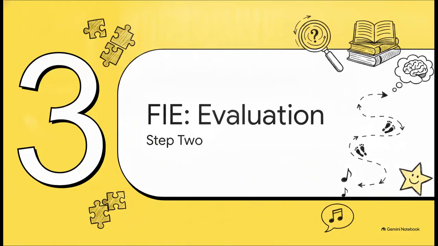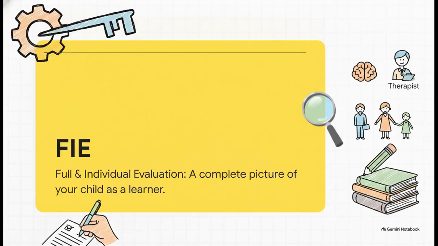Okay, Section 3, FIE, evaluating your child. Time to decode our first major piece of alphabet soup, FIE. That stands for Full and Individual Evaluation. Now, this isn't just some quick, off-the-shelf standardized test. It's designed to paint a complete, vivid picture of your child as a learner, diving into every single area of suspected need, plus all their amazing strengths. A whole team of specialists gets involved here. But remember the golden rule. They cannot do a single thing until you've provided explicit, written permission. Your consent is the key that starts the engine.